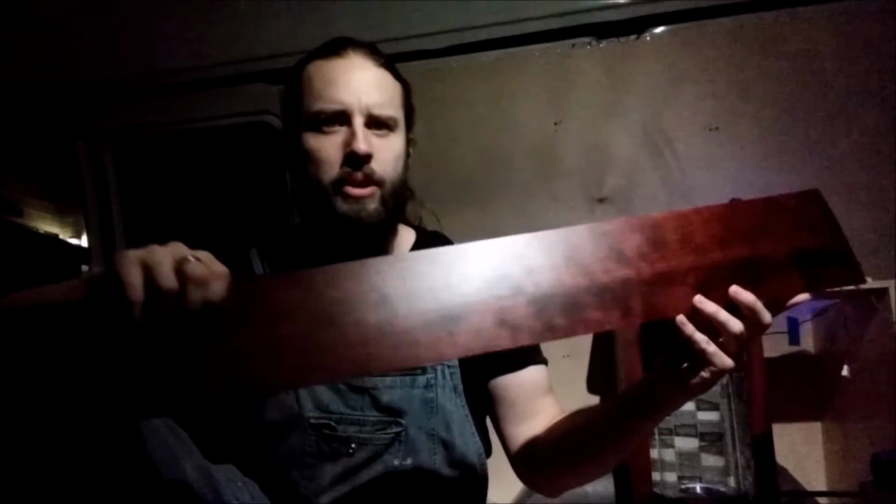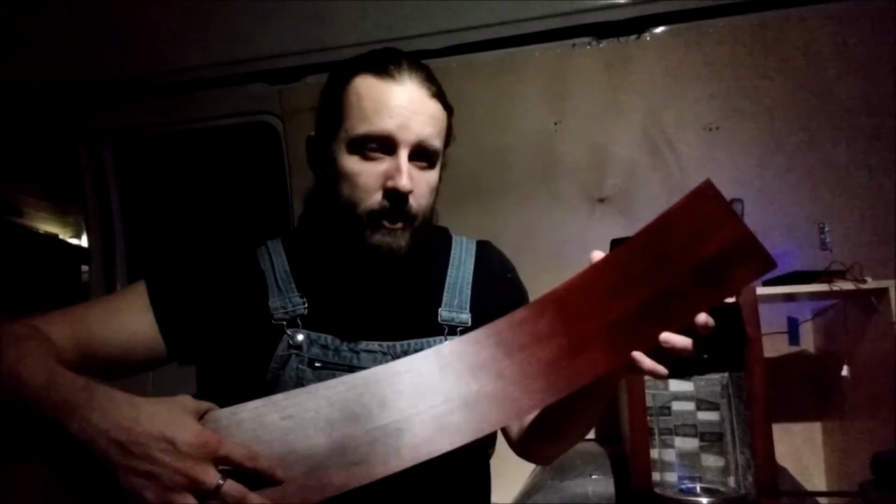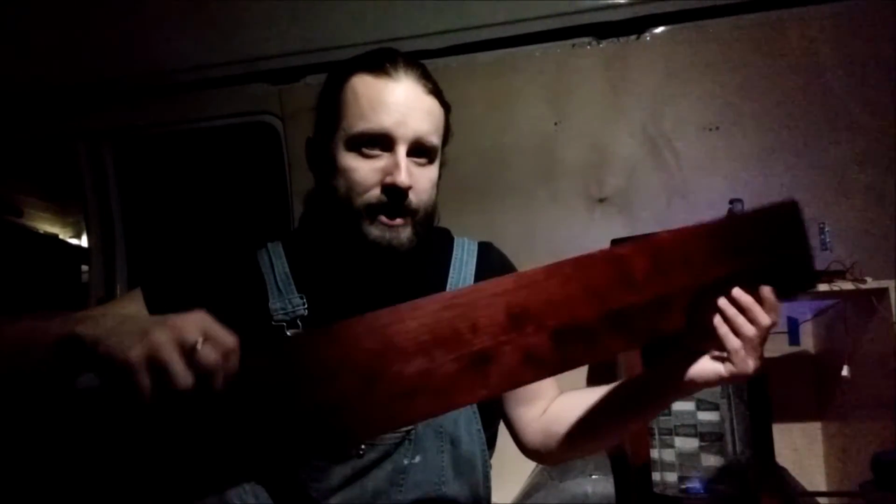Oh, I do want to show you a couple other things. So, right here, I'm not sure how well you can see this. Much like one of my previous videos, where I made the little fan holder assembly thing over there, I stained and finished some more veneer right here. And the reason why I did is because I also have a door, and that's this guy right here. It's going to go right over here, but the plan is to veneer the edges,